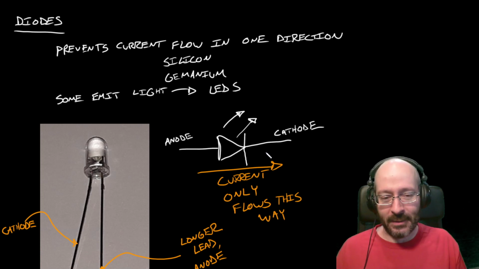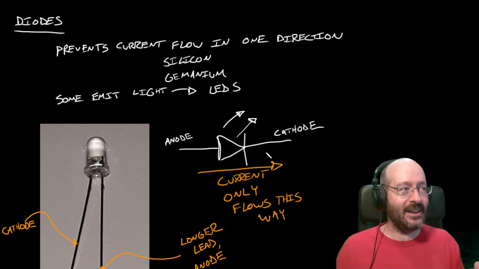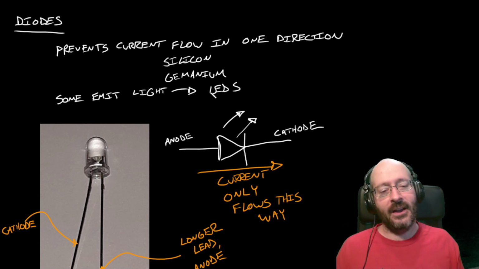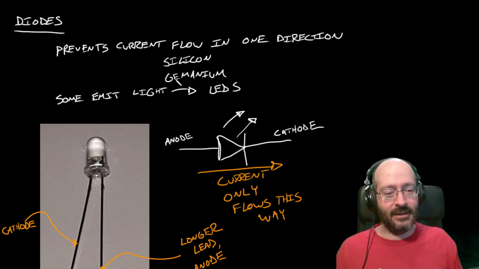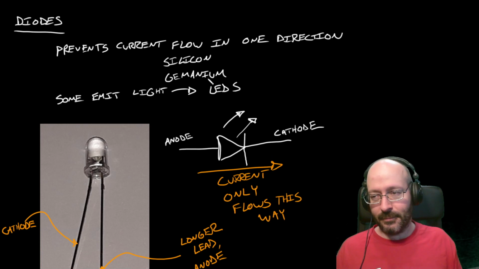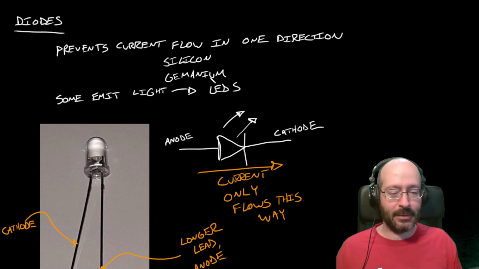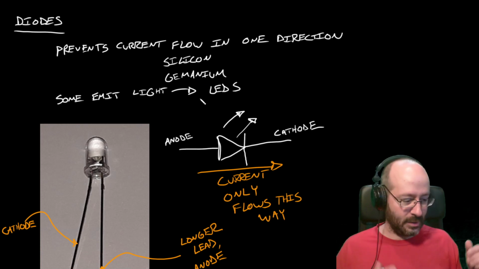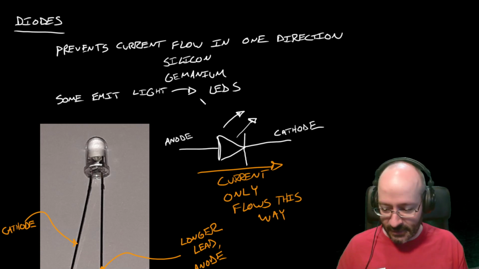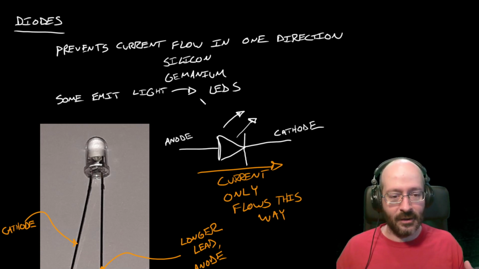So we have some light emitting diodes. There are plenty that are just used for circuit protection, and nowadays they're mostly made out of silicon. Some of them are made out of germanium. That was more common in the past. There are some applications where you still want to use a germanium diode. But a lot of diodes that we see, I can probably point to 5 of them if I just look around my desk right now, are